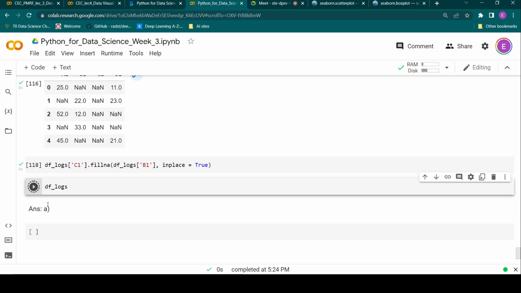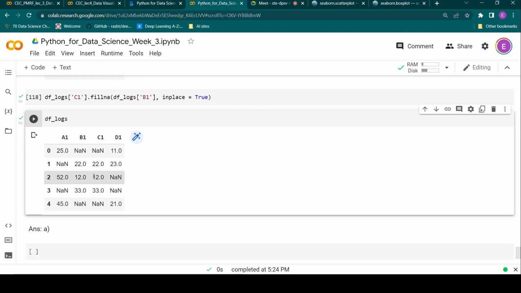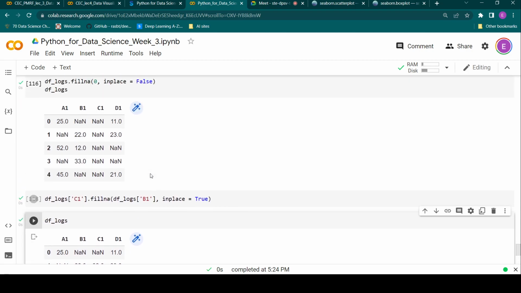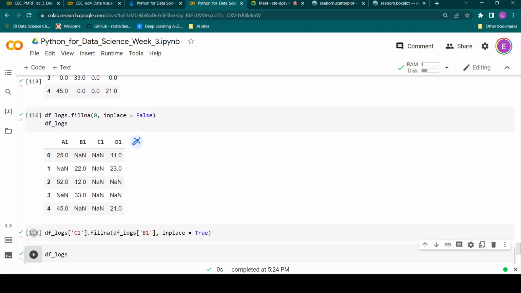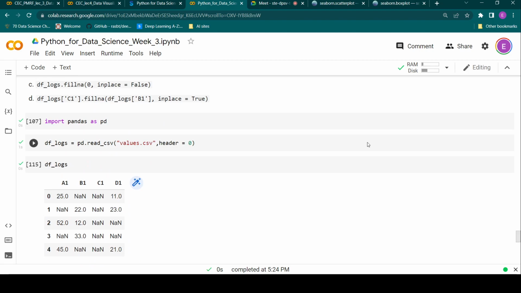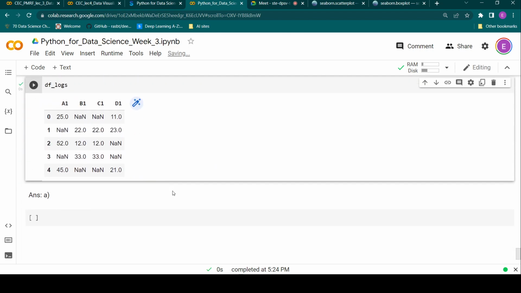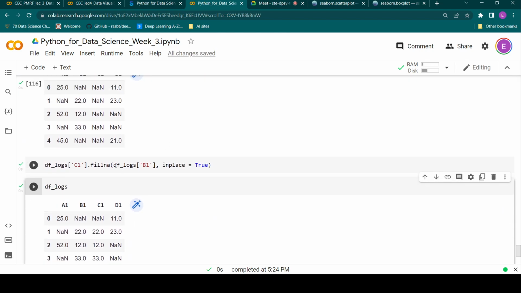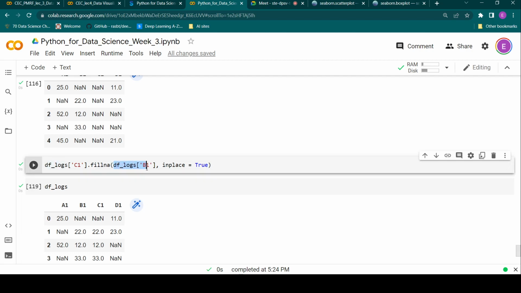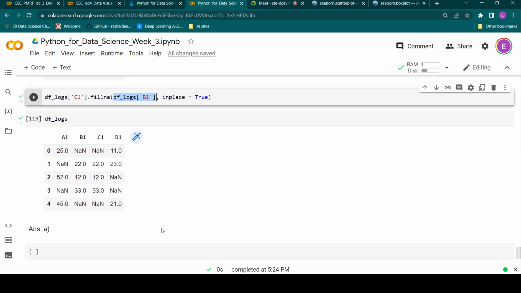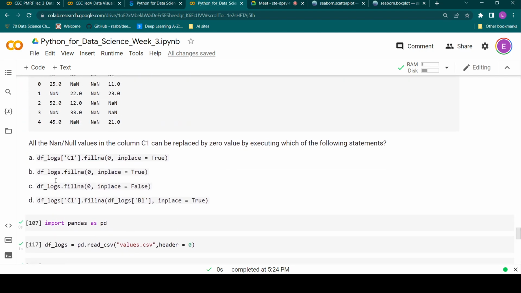Here, if you run this particular statement, you'll get values like that. But I'll show you the original data set here. The original data set is like this: C1 had all NaN values. When the fourth option was executed, the D1 value and C1 value came out the same, because we told it to fillna with values of D1. And inplace is also given as true, so any time we execute it now, the same thing will happen. So the answer is A actually, because